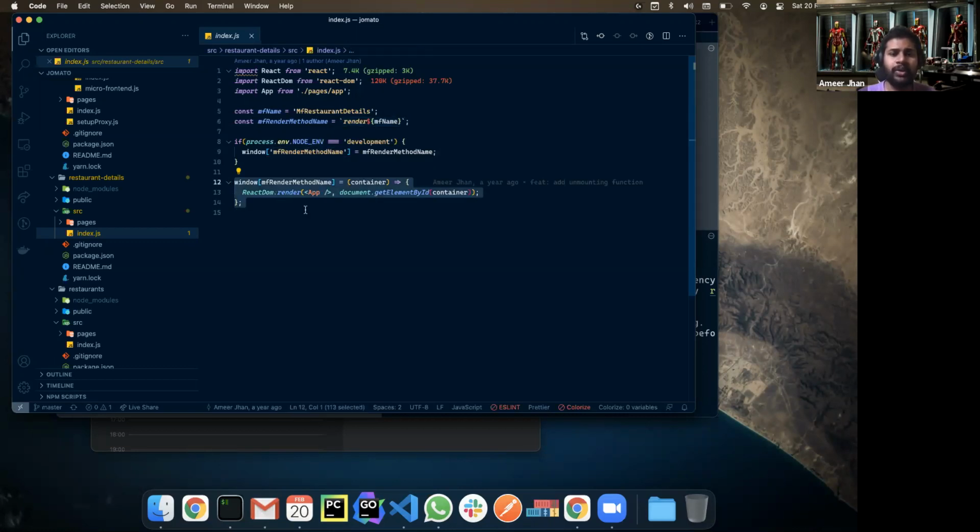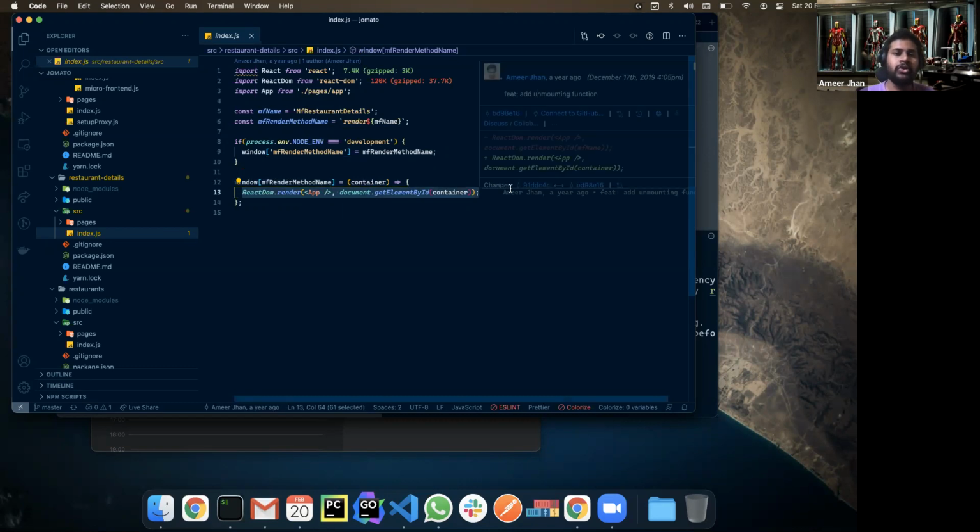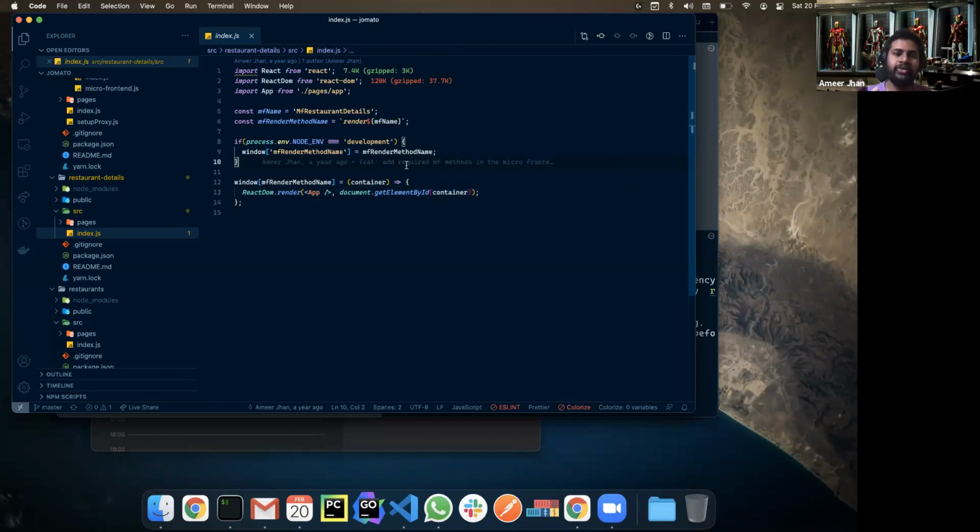This function takes a container and renders the React app inside it. So in each individual microfrontend, you define a global method on the window object that just takes your microfrontend and mounts it on a particular element in the DOM. You provide this kind of a contract, and this contract is exploited by the container app.